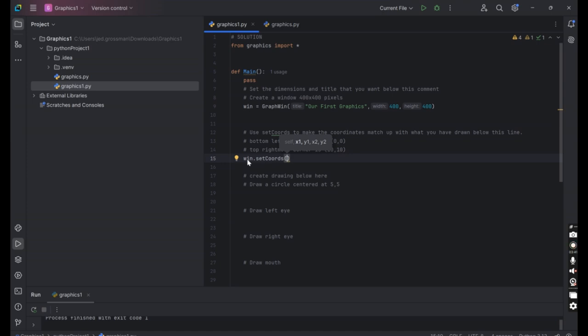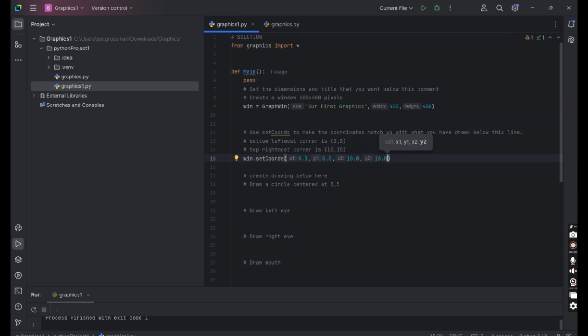So we're going to start at the origin here. So I'm going to use 0.0 and 0.0. That way, the bottom left corner down here, you can see where my mouse is at, that's our 0, 0 point. And then our high point, we'll say, is 10.0,